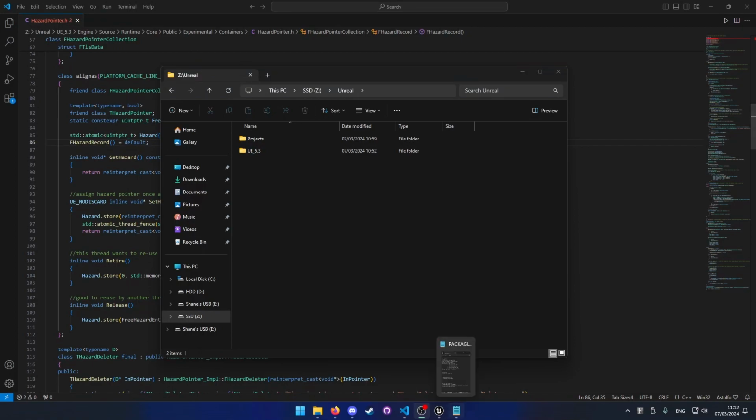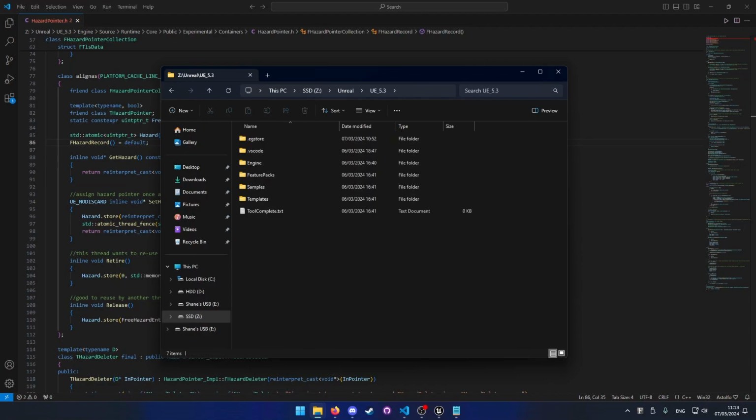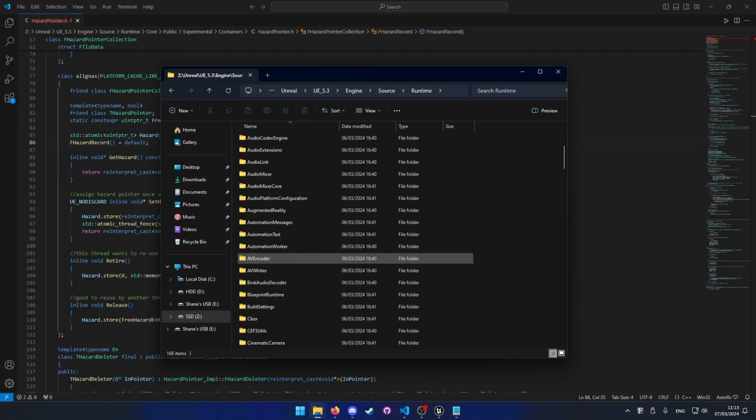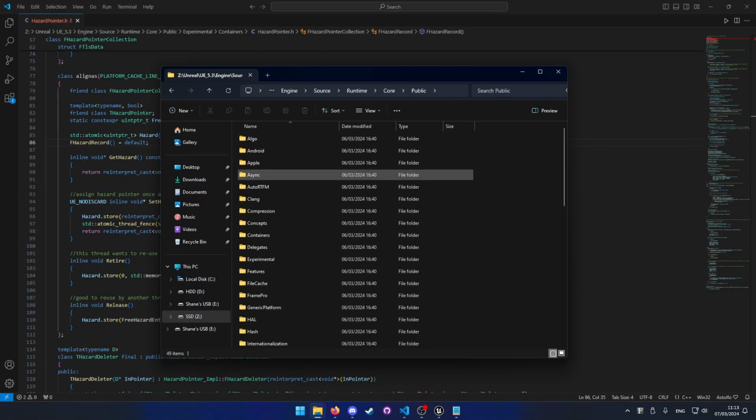This is a follow-up. If you're using the newest version of Visual Studio and you have the PaperZD plugin, which you probably will in your project, there is an error that can happen. And the way you fix that is by going to the Unreal Engine installation folder. Go to Engine, Source, Runtime, Core, Public, Experimental, Containers,